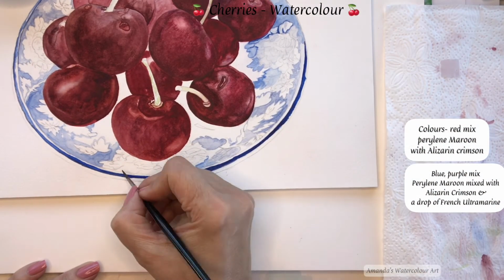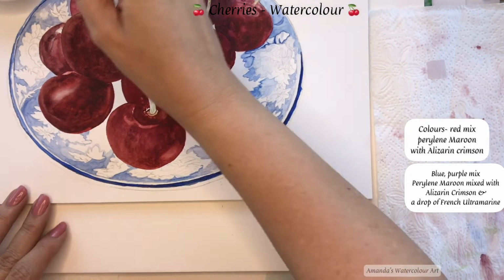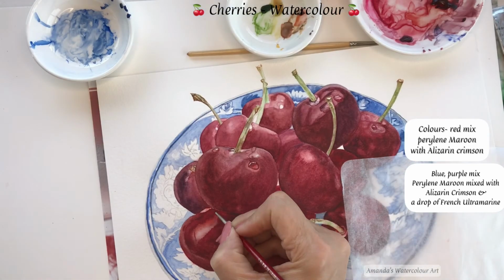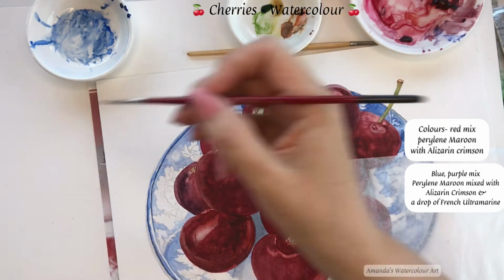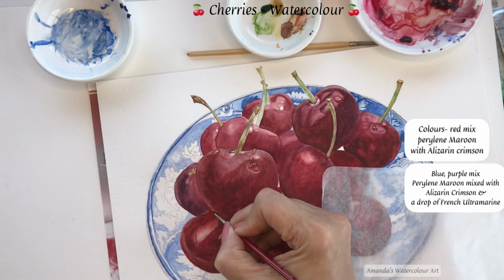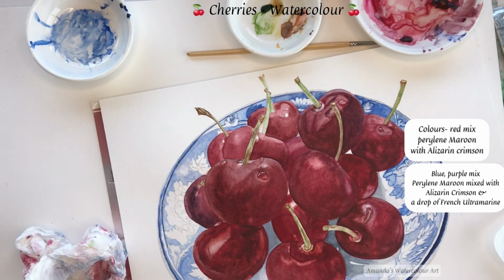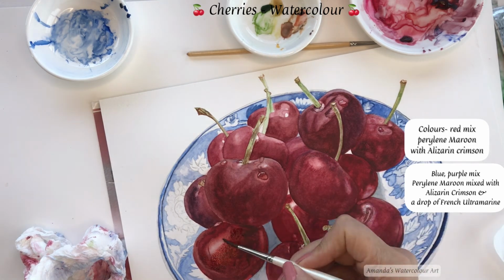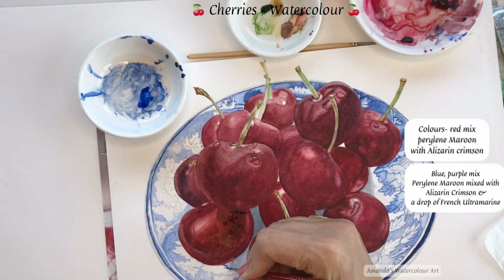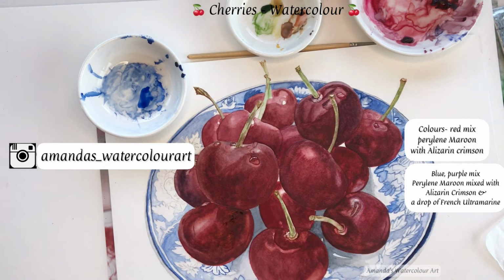Certain parts I had to darken, so I just mixed in a little bit more of the purple mixture and I used a thicker consistency. A little bit more French ultramarine, and then I finished all the tiny little detail on these little flowery parts